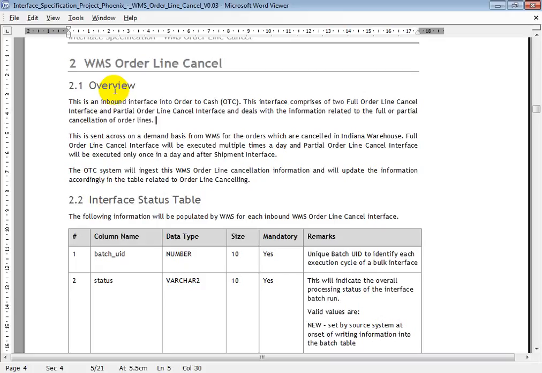So how does it get initiated? As far as QA is concerned, if you have any defect regarding the partial or full order cancel, then after the order gets released and sent to WMS through the download interface, you need to raise a request to the Indy team saying that for so and so order, line number and ISBN, we want full order cancellation or partial. That is done in Indy, directly in Indy. This is the inbound, so it starts from Indy.